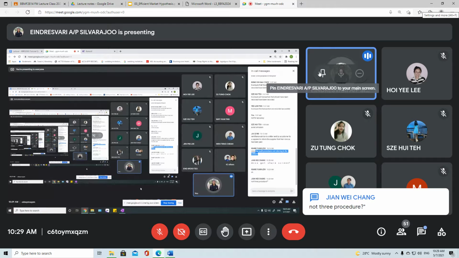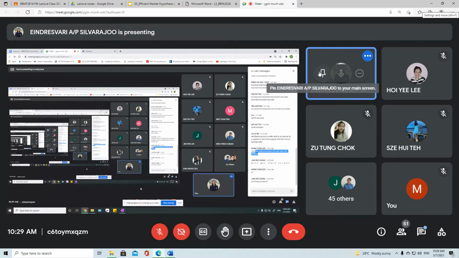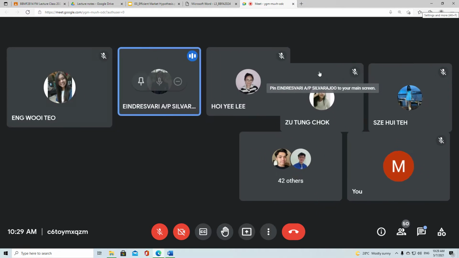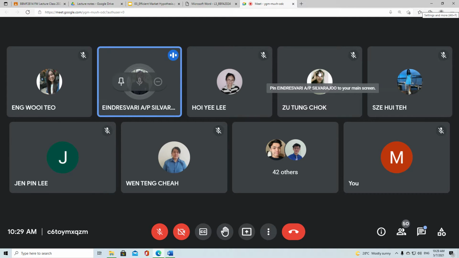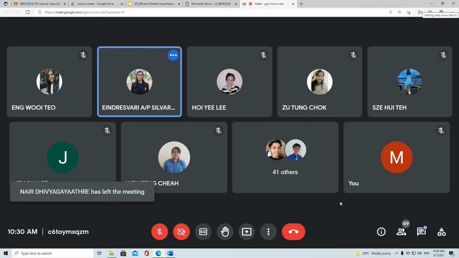Okay, so far clear? Any question? Okay, if no, we will proceed to the 4th question. So next week, did anybody else prepare the answer you want to share? I can edit for you. I don't give any tutorial answer. That's why if many of you have prepared, then I can see the effort that many of you are trying to do your best, then I will type the answer for you.